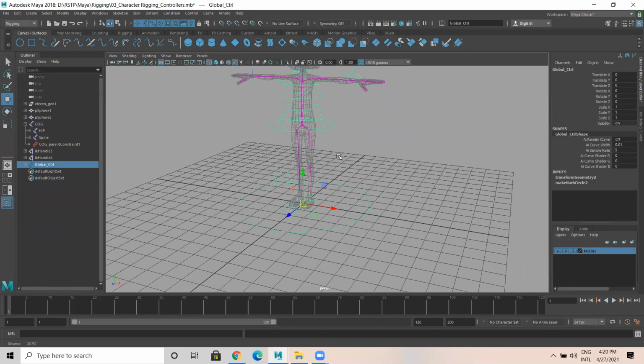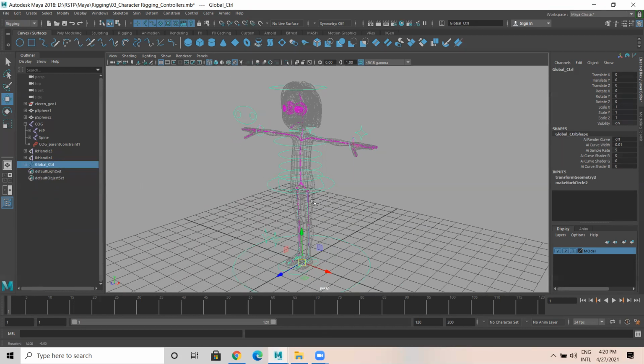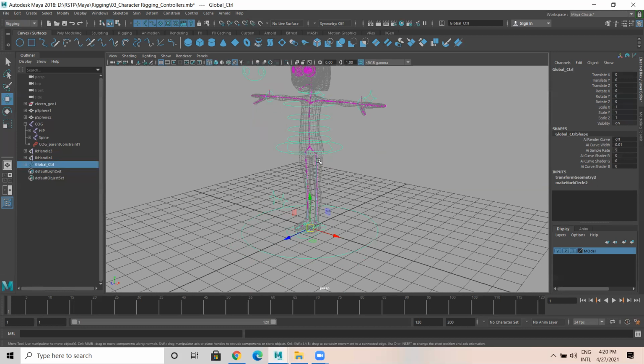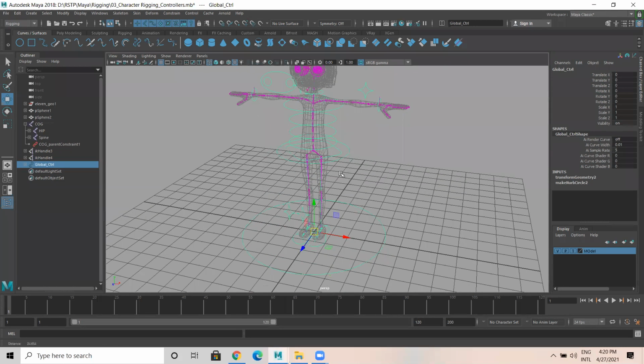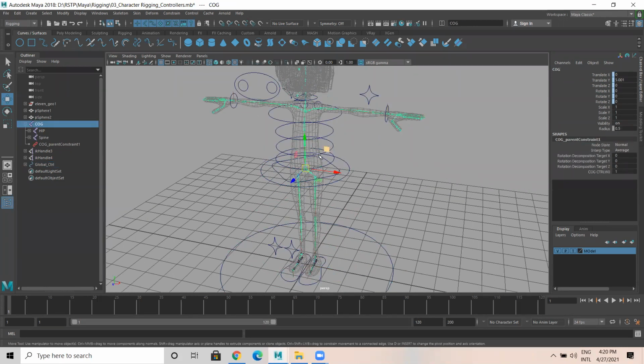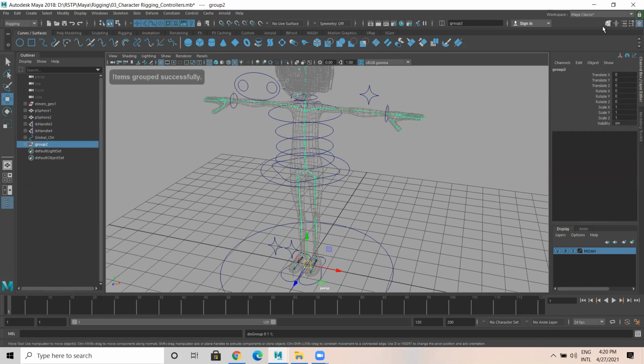So any doubts up to here? No, sir. Okay, there are next 3 more steps or 2 steps. Select this cog joint, then Control G to group.